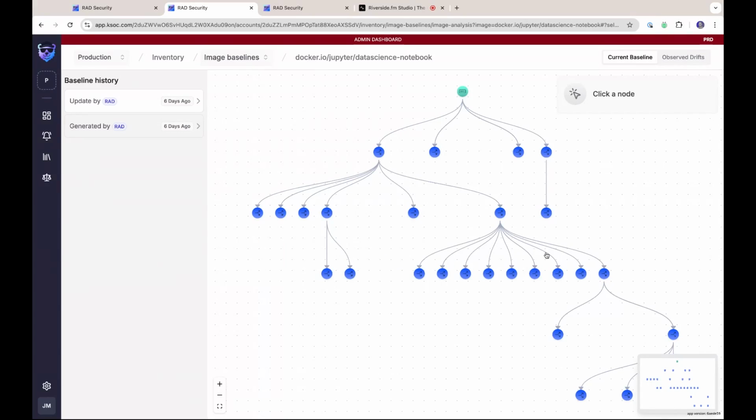So in this case, we're going to pick on the Jupyter Data Science Notebook. If you're not familiar, these are Python-based containers that are typically used by ML engineers, data scientists, and data engineers to run queries and have an interactive place to deal with data at any scale. So the security profile of a typical Jupyter notebook is sketchy at best, usually, because you have developers,